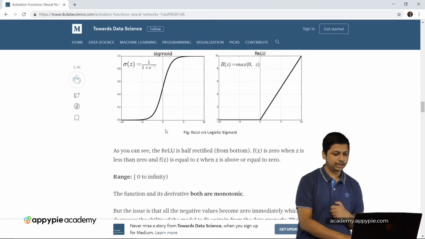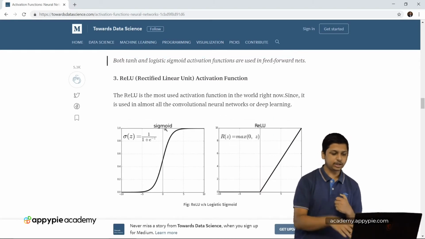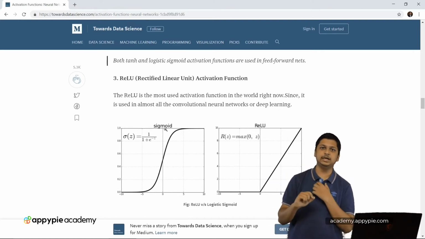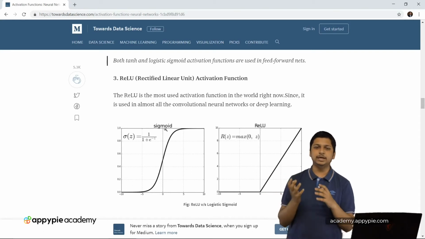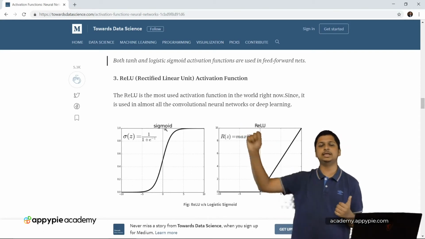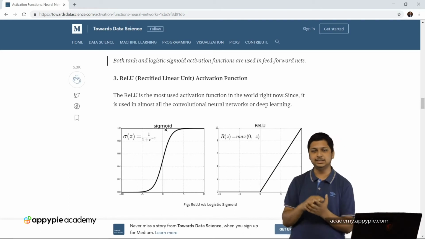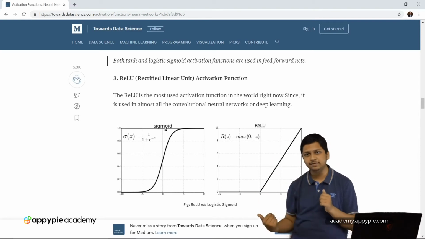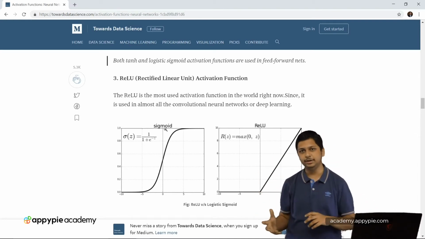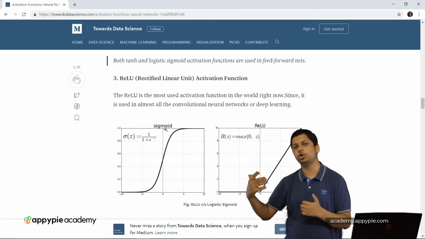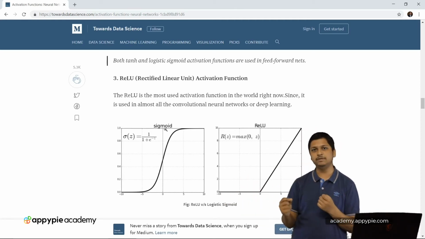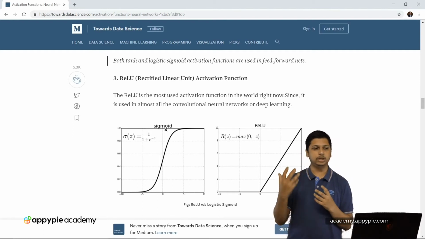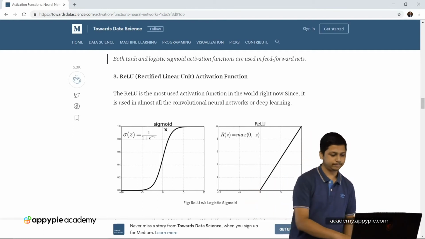Then you have the ReLU function, which is the rectified linear unit. This is a linear function again, but instead of having the linear part on the negative side of the x-axis, for negative input you basically have 0. So if any negative input comes in on the input layer, the neuron will not fire for sure. But if you have an input which is positive, then you can be sure that the neuron will fire.